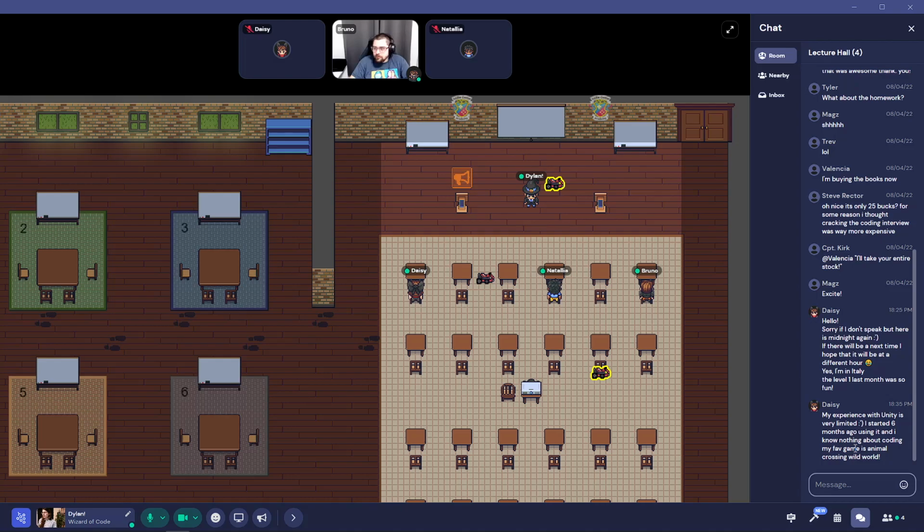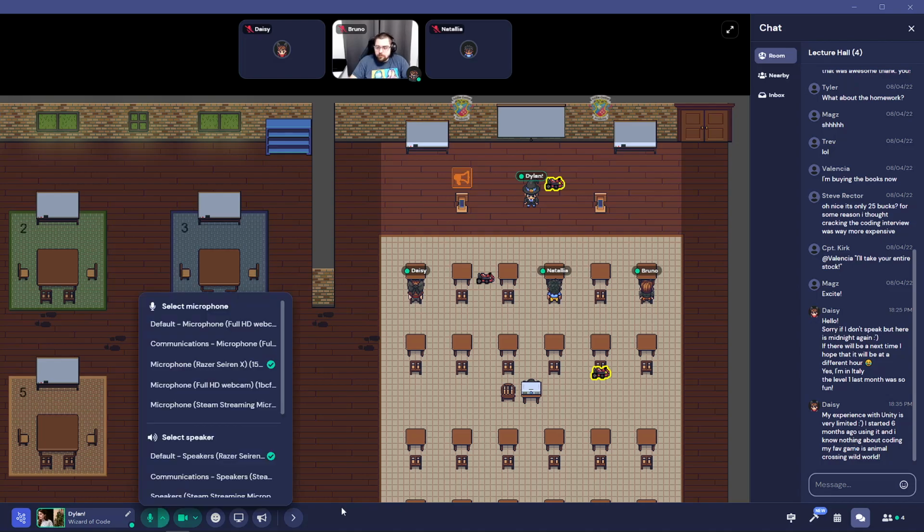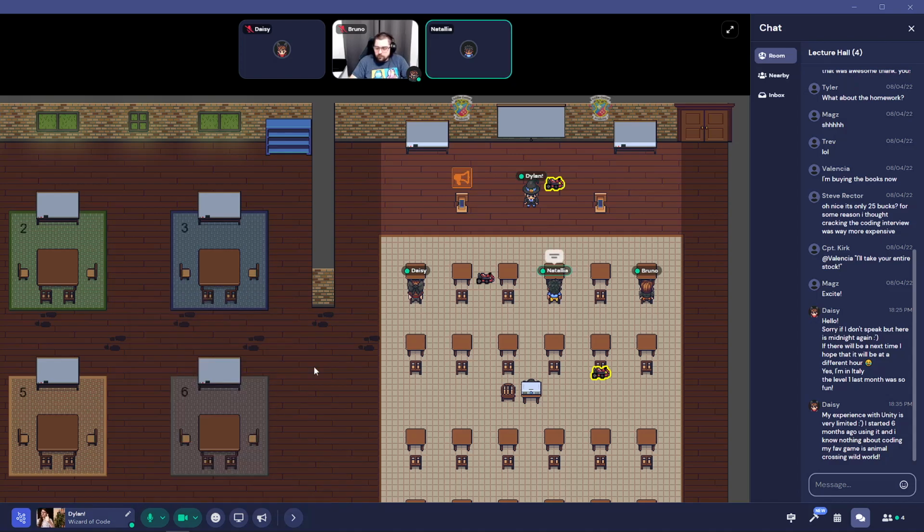I noticed that Gather tends to select the wrong default microphone. So if you click on the microphone symbol, the little down arrow right next to the mute button, you'll be able to select the right one. That might be the issue. Can you hear me now? There we go. Perfect. Hooray! Sorry, I actually just switched from my headset. Anyway, I apologize.